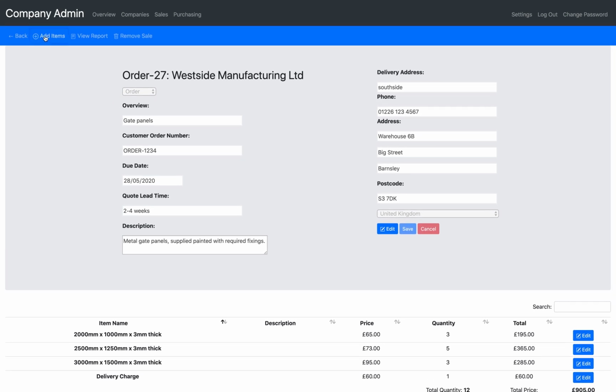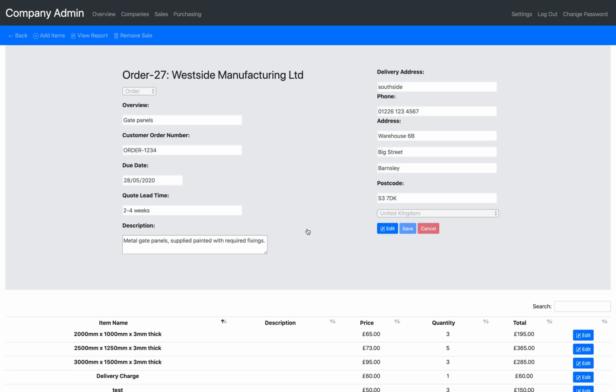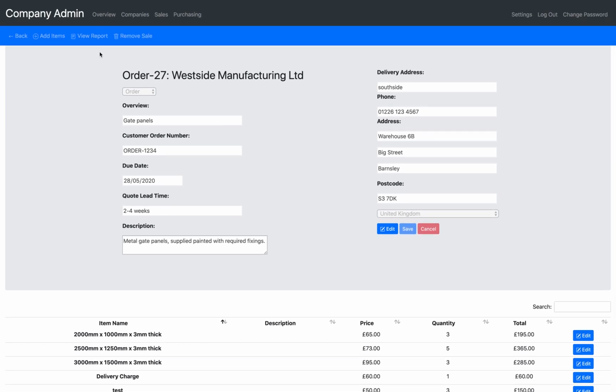We can also add new items. Just call this test, £50, we'll have 3 of them, add item, hit return, and it has added it to the bottom there. It's added the VAT on as well. We're in the UK, so it's 20%. And we can also click now view report. So if this is an order, if we just change this back to a quotation,